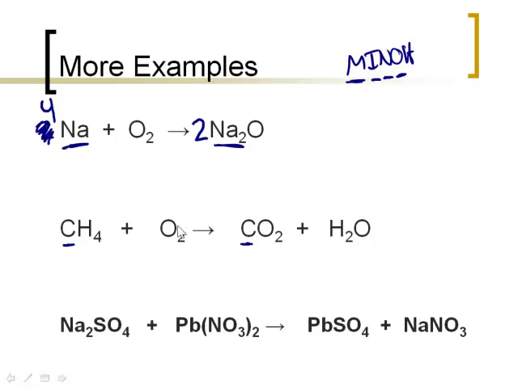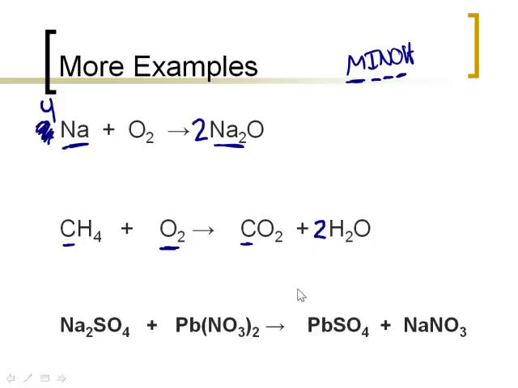If I look at this side of the equation, guys, oxygen is only going to come in multiples of 2, because what I'm working with here is O2, the diatomic oxygen molecule. Each molecule of oxygen contains 2 oxygens, which means that the total number of oxygens over here on the product side of the equation has to be a multiple of 2. Right now I have a total of 3, but what if I put a 2 out here in front of